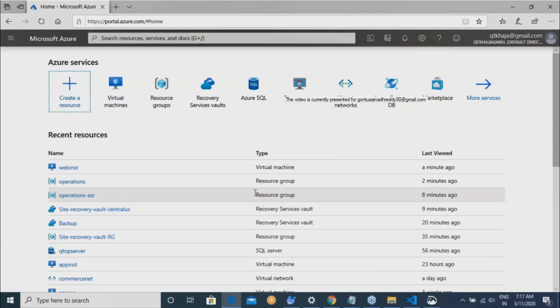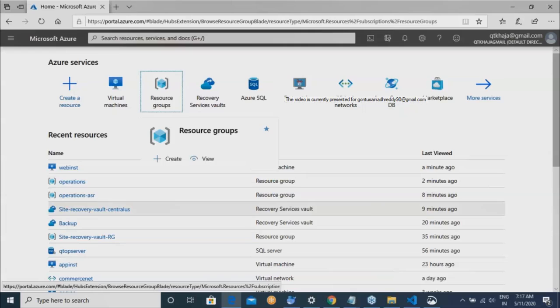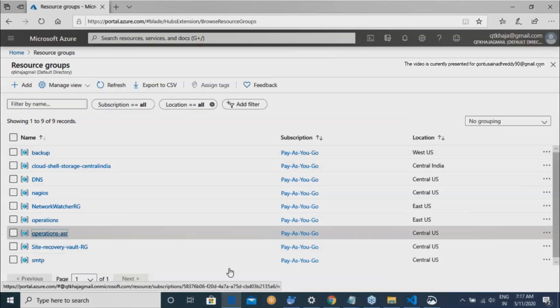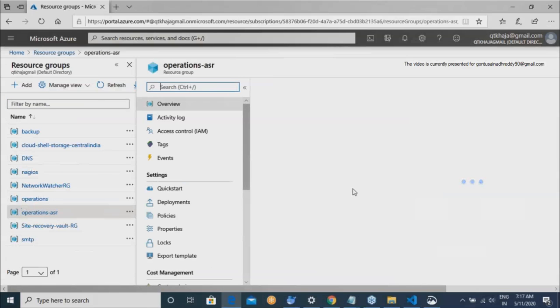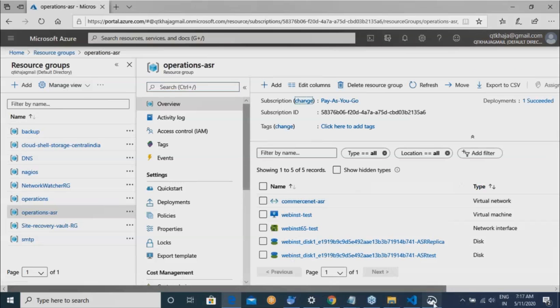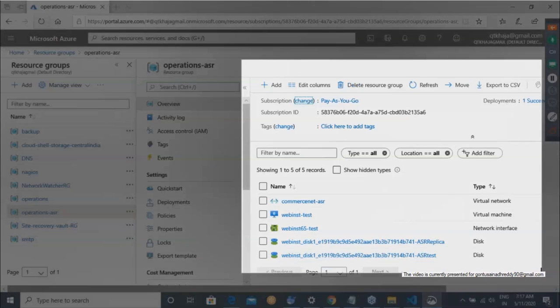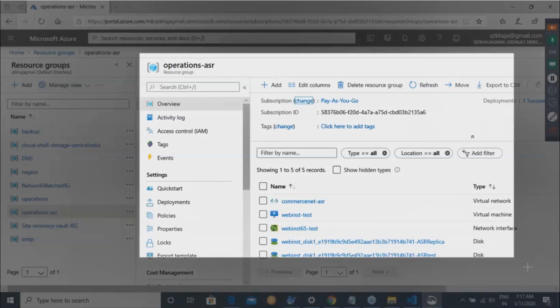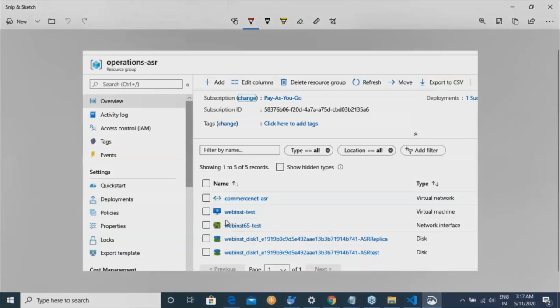Good. So let us get into resource groups. Let me get into operations-ASR. If you remember, before I did this activity, I said there are only two things.